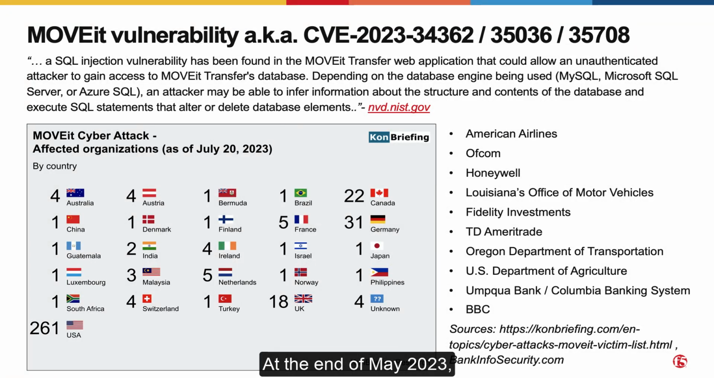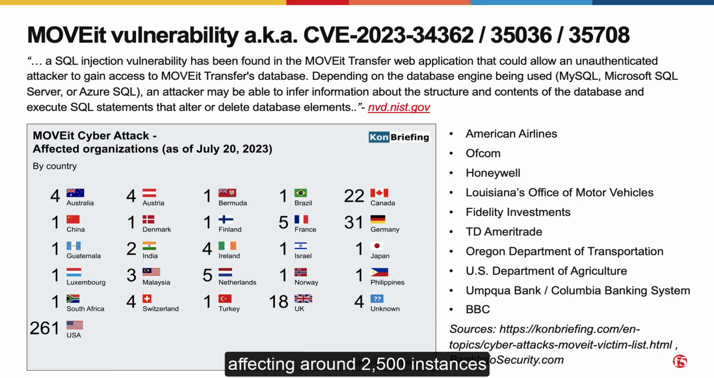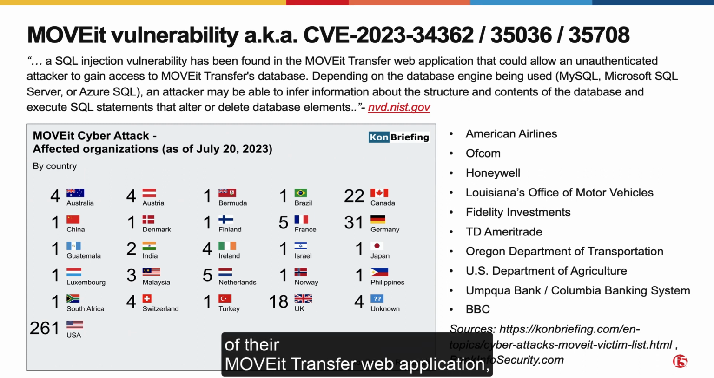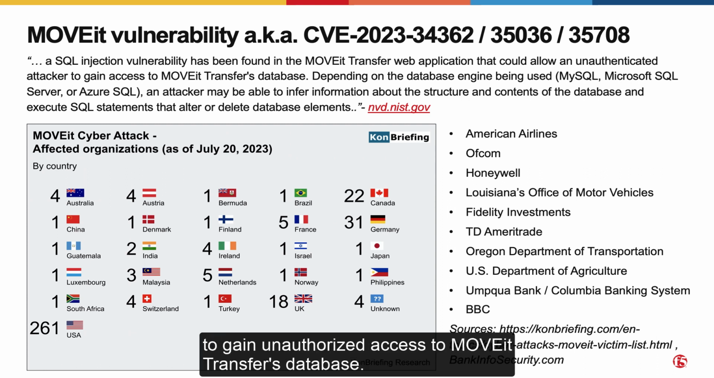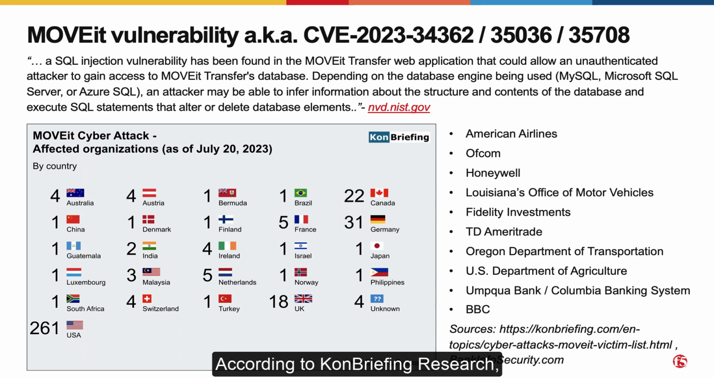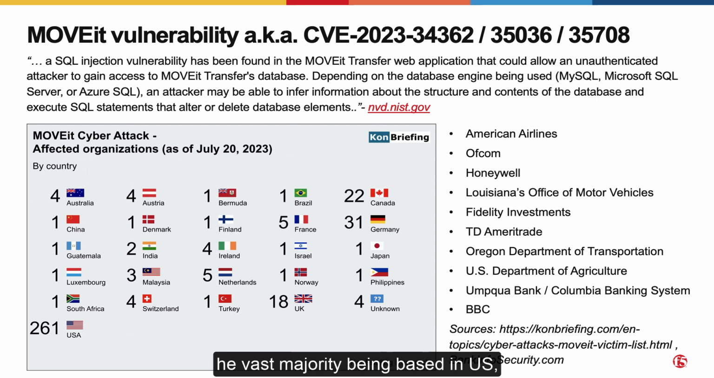At the end of May 2023, Progress Software disclosed a critical SQL injection vulnerability affecting around 2,500 instances of their MOVEit Transfer web application, a vulnerability that could allow an unauthenticated attacker to gain unauthorized access to MOVEit Transfer's database. According to Kroll Briefing Research, the exploitation of this vulnerability affected at least 382 organizations, the vast majority being